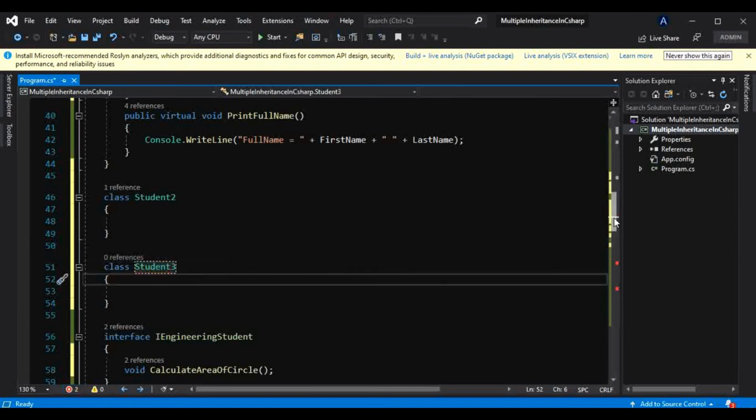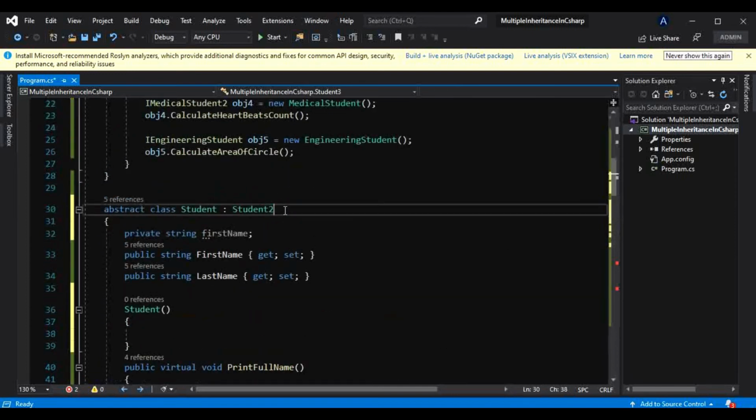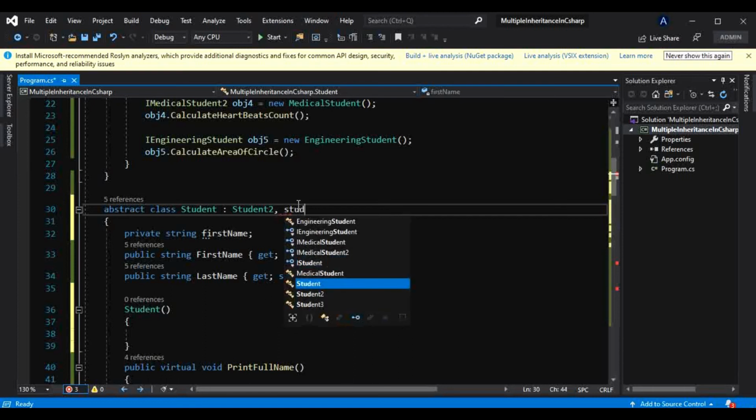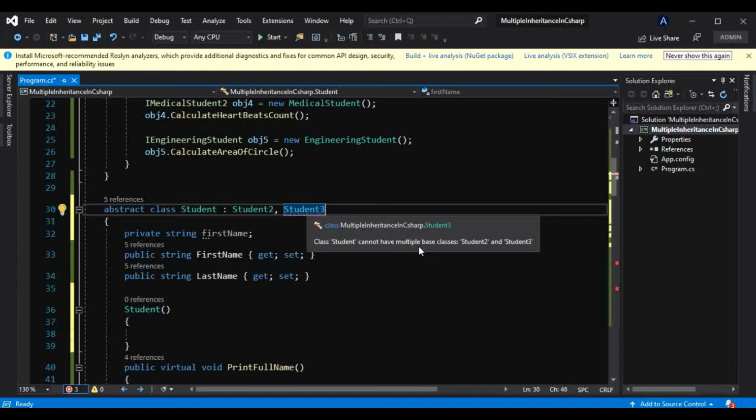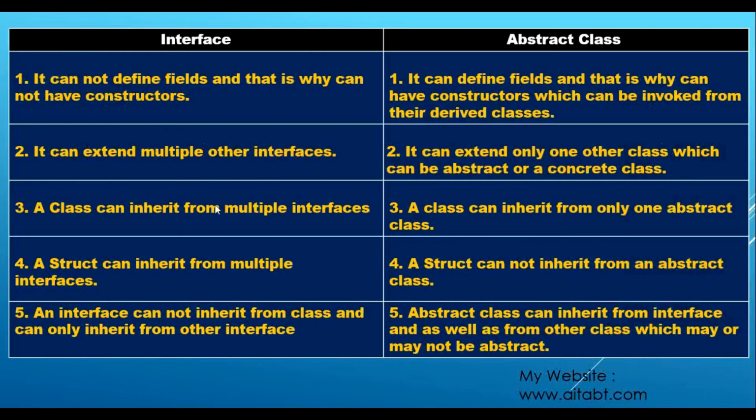Okay, and now if I try to inherit this abstract class from another class, it will give us an error. It says class Student cannot have multiple base classes, and that's what this point says. In case of interface, it can extend multiple other interfaces, but in case of abstract classes, it can extend only one another class, which can be abstract or a concrete class.